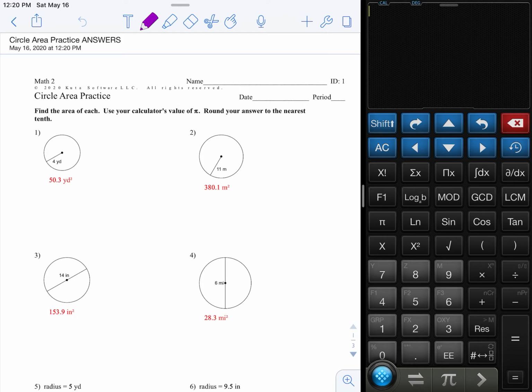This is a video for the review of the area homework, and then you'll do a practice for circumference and area mixed together that I'll show you at the end of this. Then do that assignment, and there'll be a quiz on Thursday, just like the other quizzes. Do it on Google Form, and you're done. And then I'll have some instructions for next week. All right, so to review,